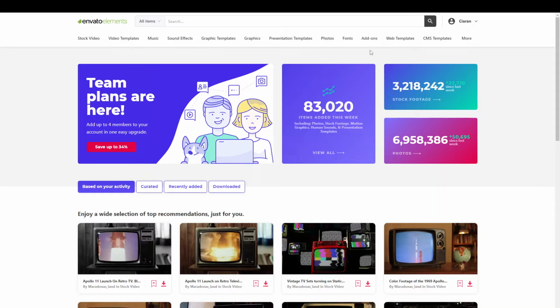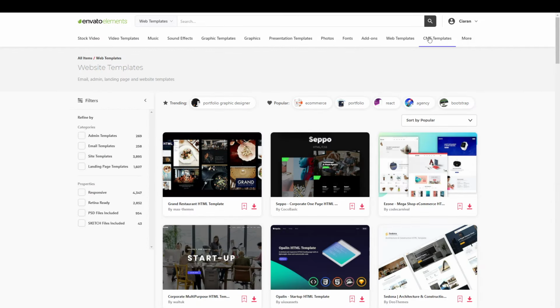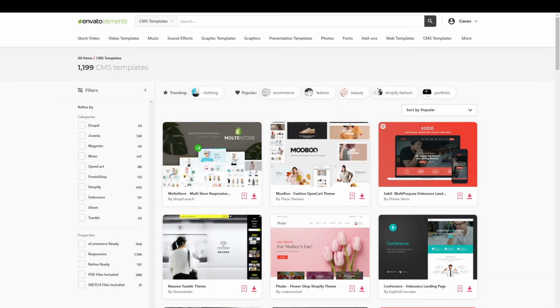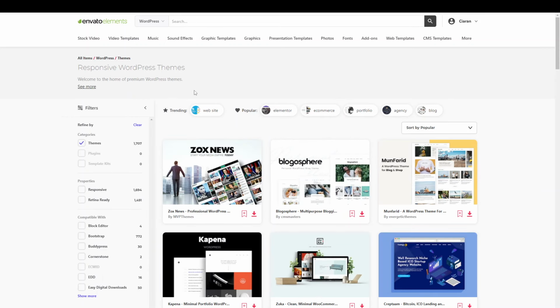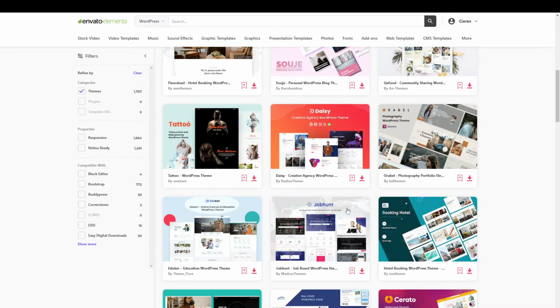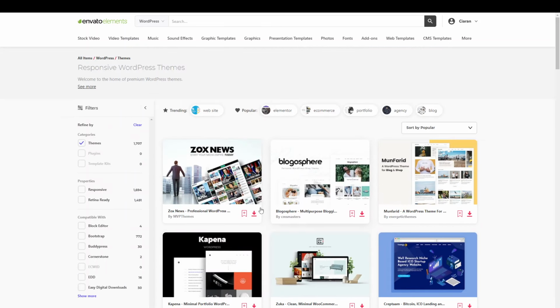But essentially, if you have this account, what you want to do is under web templates, go to all web templates. All CMS templates even. And you want to go into WordPress themes, and you can see a whole bunch of themes. Some of them you might find for free on the WordPress directory, but a lot of themes would be premium themes. And again, you can